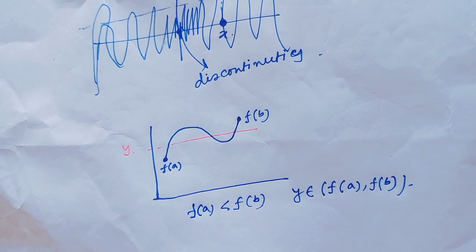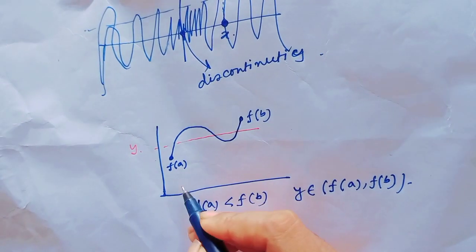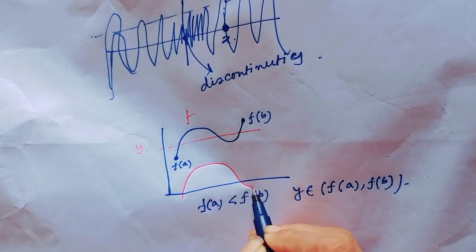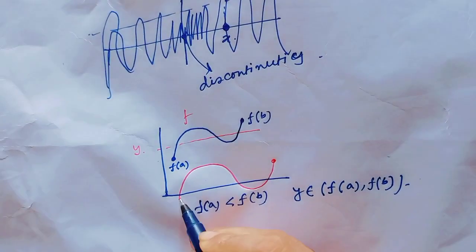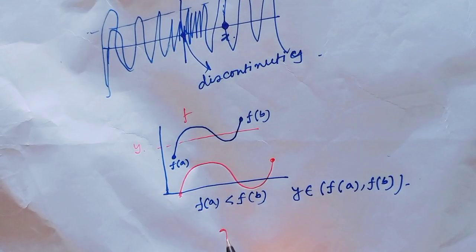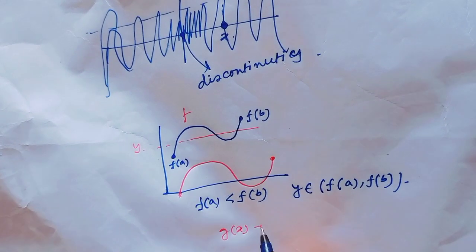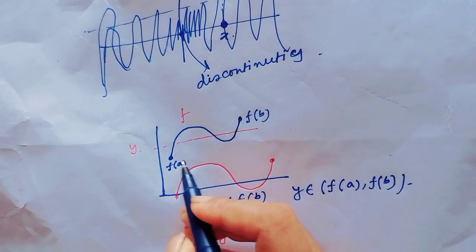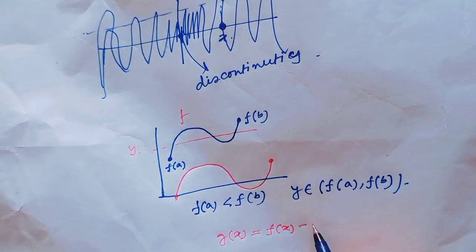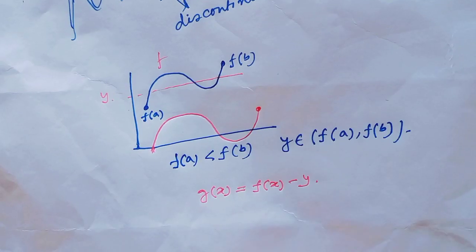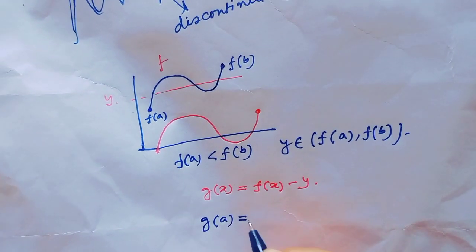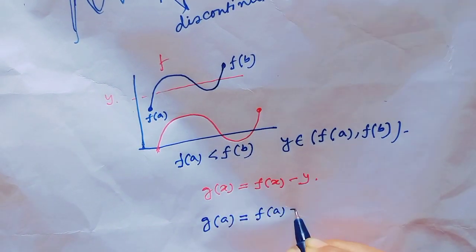Now just shift this function f to the origin, and define the function g of x equals f of x minus y. Then g of a equals f of a minus y,